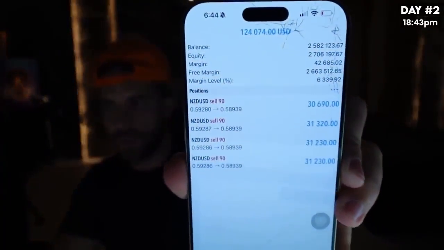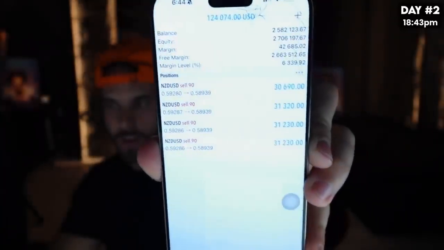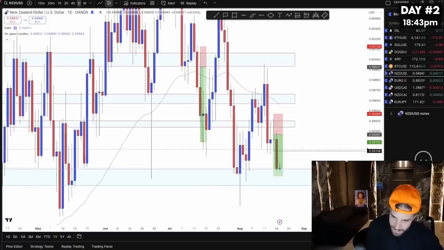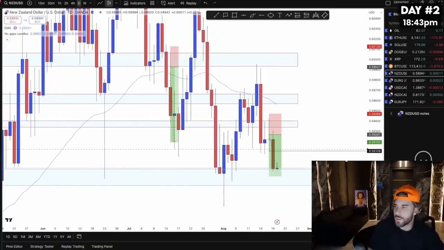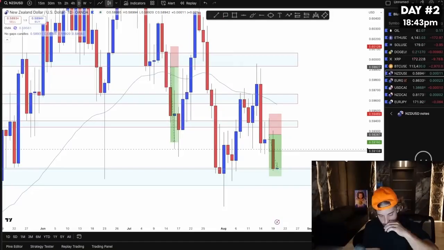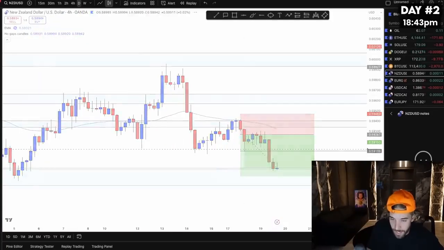Oh, you guys cannot see that. We're up $124,000 as of right now on NZD USD. I'm not gonna lie, I went a little bit low risk. I should have gone a bit more high risk, and it is what it is. Usually I risk anywhere from like 100 to 150. On this trade I went around like 70, 60, 75, and I like the fact that they had this strong bear